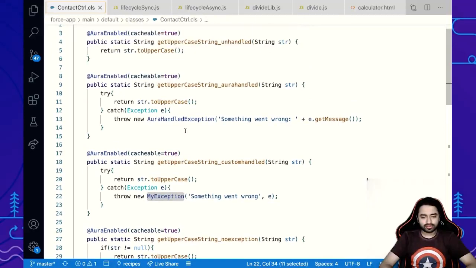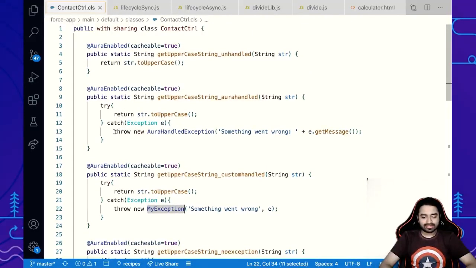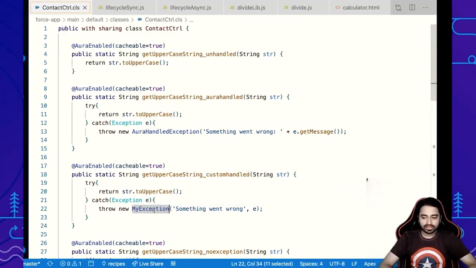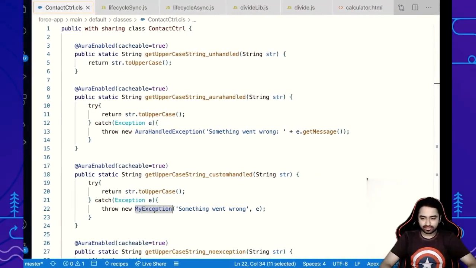You'll notice that in the catch statement, I'm not just putting a simple system.debug. I'm actually throwing the exception back to the client, but in a slightly different way. Instead of Salesforce throwing the default exceptions, I'm handling it and then throwing my own exceptions that I want. So in this case, instead of the attempt to dereference null object exception, I'm going to send these two. So let's look at that in action.